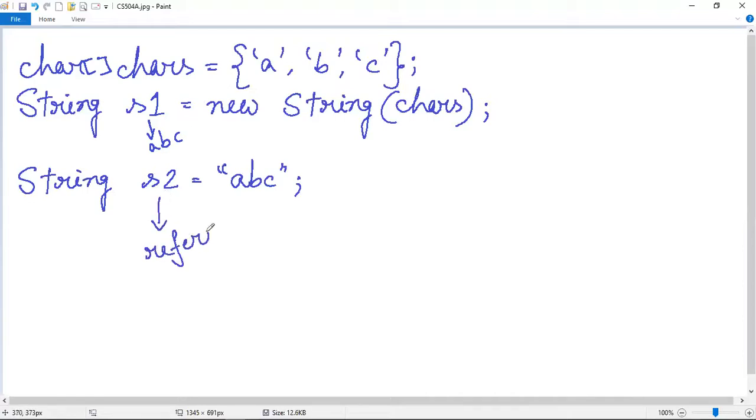The next statement here, we have taken a reference variable. This reference variable is of string class, and this ABC is actually a string literal. I have already discussed literals in some of my very first lectures, where I discussed string literals. So using this literal also we can create a string class object. Here s2 is a reference variable of the string class, but if you are assigning a literal into it like this, using this assignment operator, then also it will create an object.